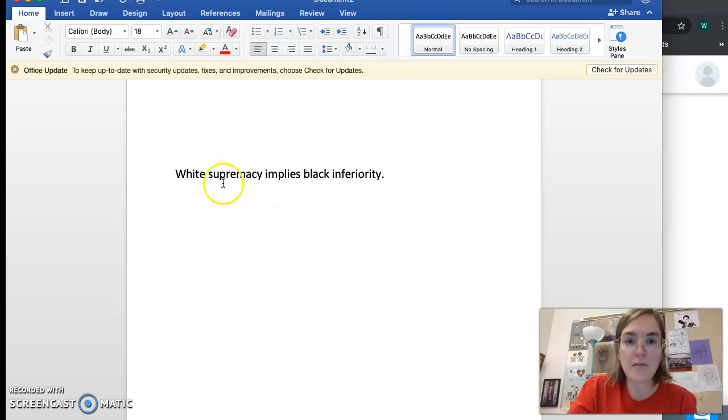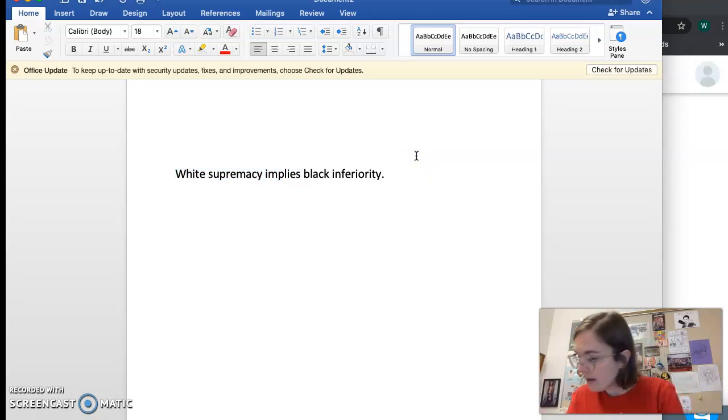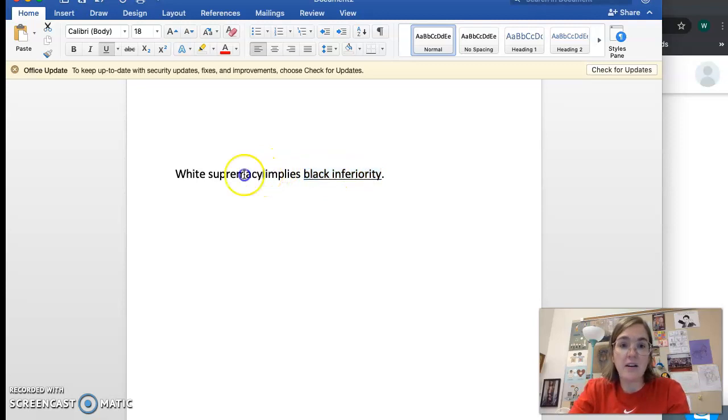I'm going to show you an example of this. In a little part of Mandela's speech near the end, he has this sentence that says, "White supremacy implies black inferiority." And I would call this a repetition of syntax here. And the reason is because of the repeated ways that things are broken up. So you have an adjective, white, a noun, supremacy. Then you have the verb, which kind of divides the sentence, and then another adjective and another noun. So basically, both of these things are noun phrases, and you are repeating the way that you are using the